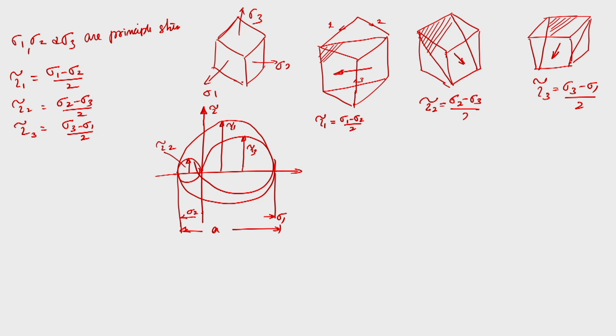Now, when you look at the stresses at any point, earlier also we have discussed there is a hydrostatic stress which comes into the picture, which is defined by your sigma h. In some cases it may be sigma m, based on the principal stresses, it will be sigma 1 plus sigma 2 plus sigma 3 by 3, where sigma h or sigma m is the mean or hydrostatic stress.